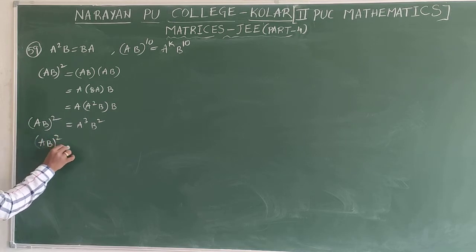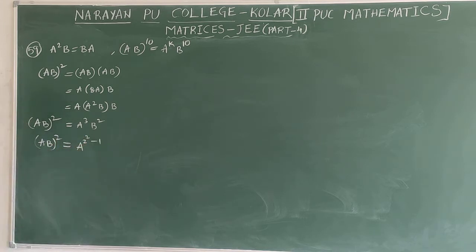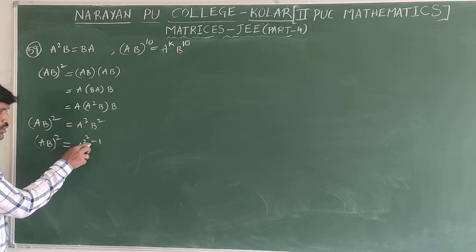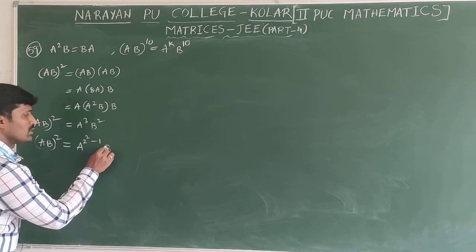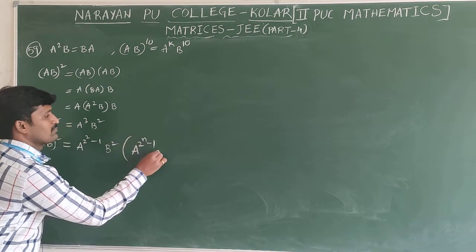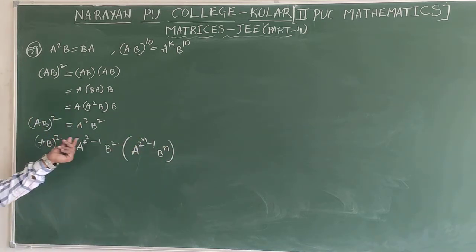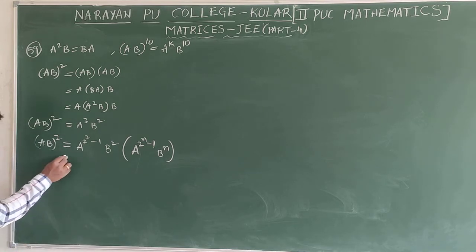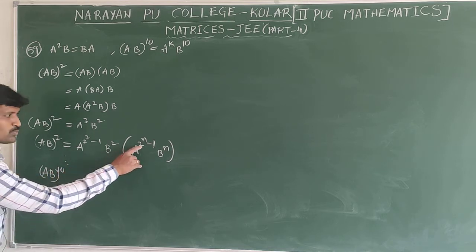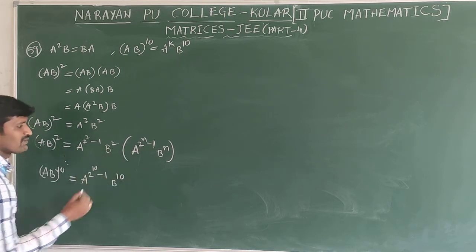Now I will convert, see all of you. This A³ we can write as A^(2²−1). Possible? See once, 2² is 4, minus 1, into B². That means it is clearly in the form of A^(2ⁿ−1) into Bⁿ. Whatever n you take as power, that only you will get. Same notation. Like that, here (AB)¹⁰ means n value, how much will we take? 10 only. Clearly 2ⁿ − 1. That's why A^(2¹⁰−1) into B¹⁰.